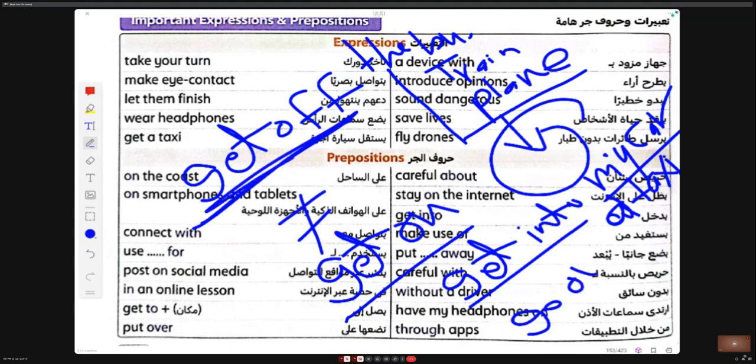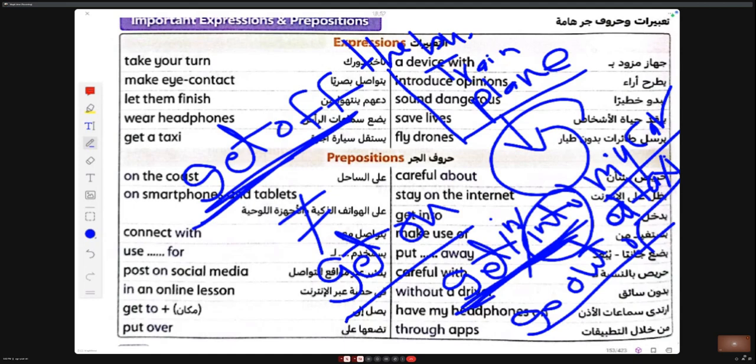Get out of a car or a taxi. Get into or in, but sometimes we use get into to enter a place. Into means deeper than in.